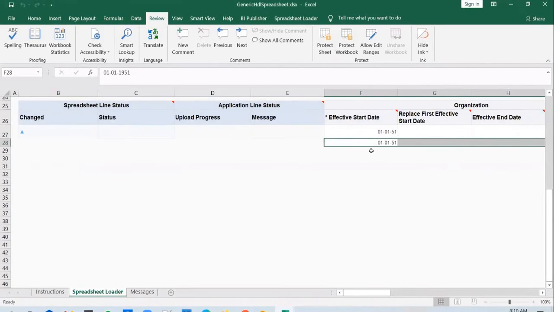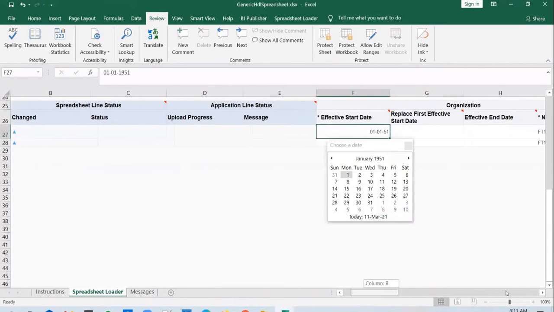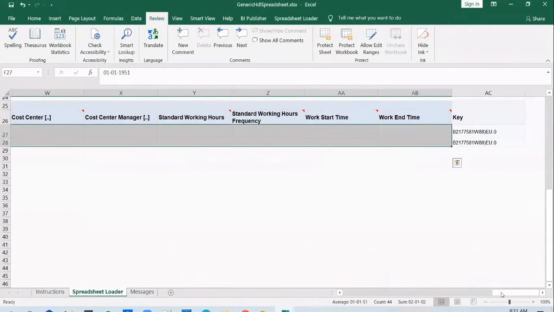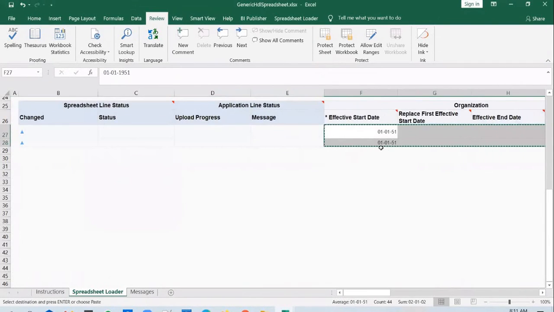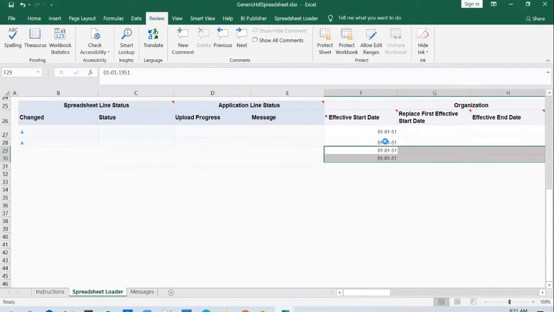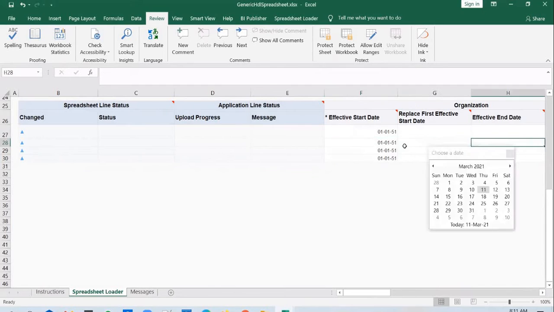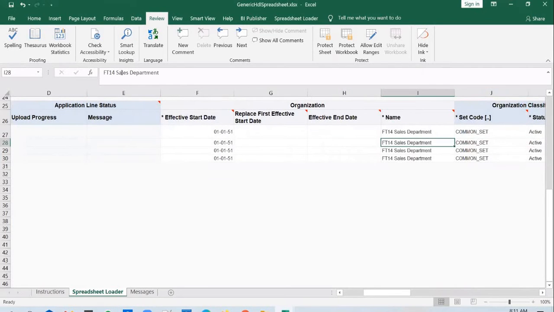and paste it as many times as you want it, depending on how many rows you want to have in the department's file. So typically you get information from the client in this Excel format, and you will paste it in here into this Excel. And you could see that all the records are marked as changed. Let's just change the department name.